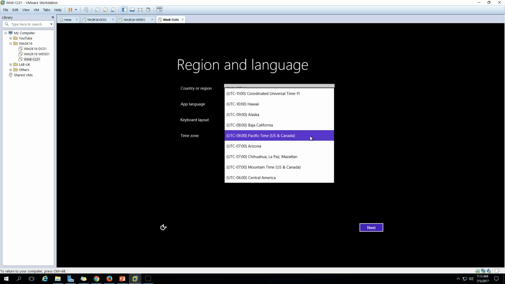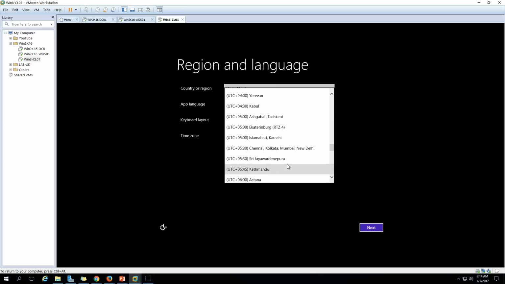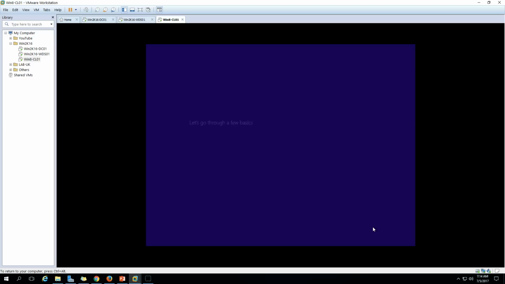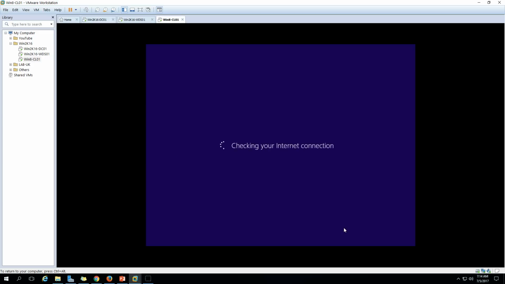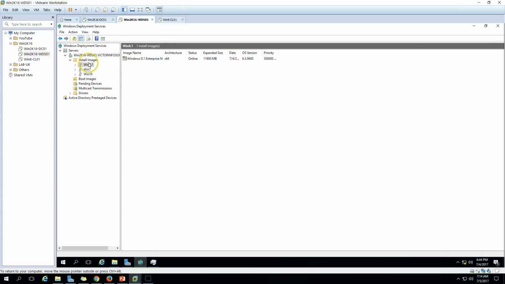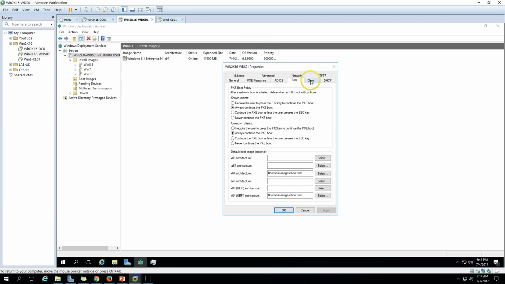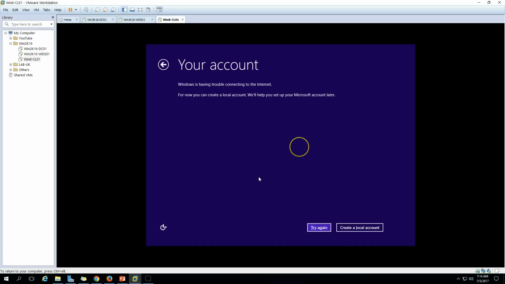And now you can set the time zone as per your requirements. So I'm going to set UTC +5:30, Chennai, Kolkata, Mumbai, New Delhi. Click next, and I accept. Here we have the customize option. This can all be automated by the install unattend file. You can specify from the client to enable unattended installation, you can set it. So for now you can see we have